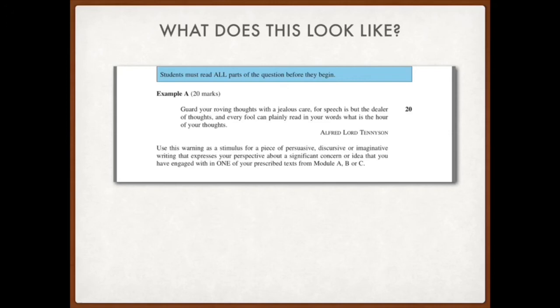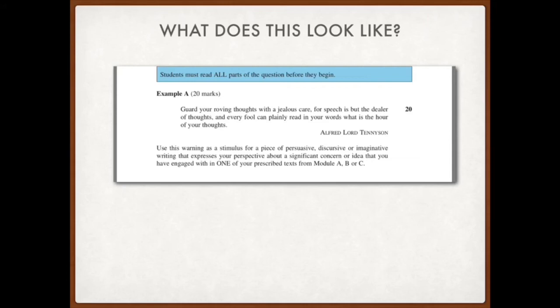If you have a question that has a part A and a part B, those marks could be distributed in very different ways, and the amount of marks dedicated to each section will tell you how much you should write. If each section is worth 10 marks, you're going to want to equally write that information. If one section is worth 5 marks and another is worth 15, you're going to need to write less for